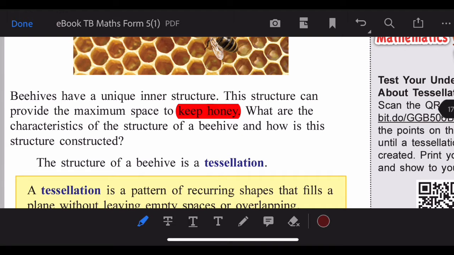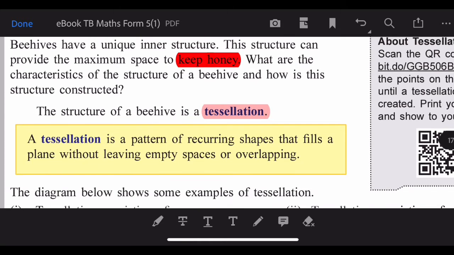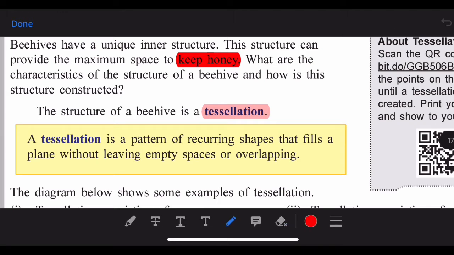The structure of a beehive is a tessellation, a natural tessellation. A tessellation is a pattern of recurring shapes. The keyword is recurring shape. So we need to highlight the important keywords. Tessellation, how to define tessellation? It is actually